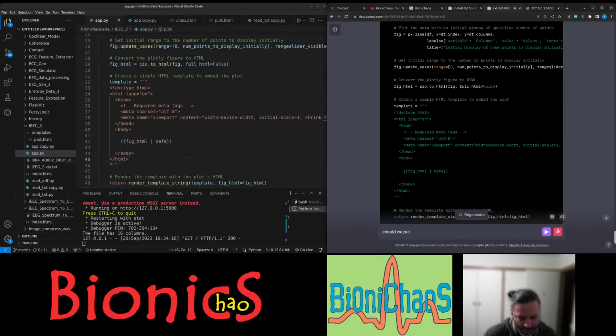Should we put the HTML file code into a separate file? Also, the window on the page is narrow. Can we make it scale to the window size?